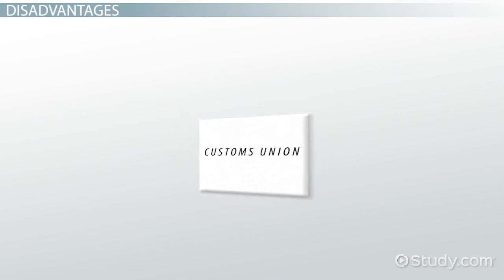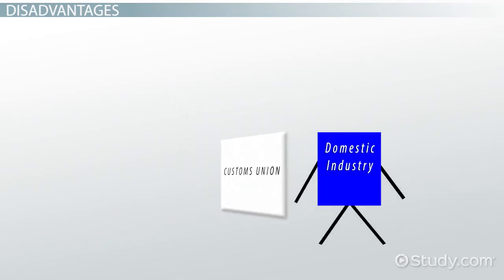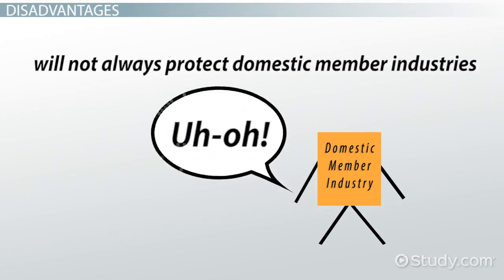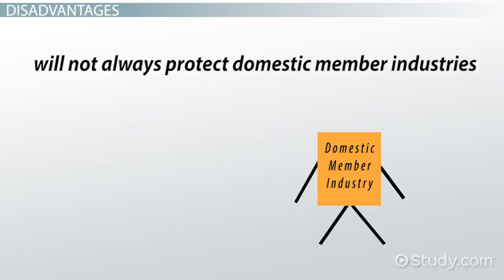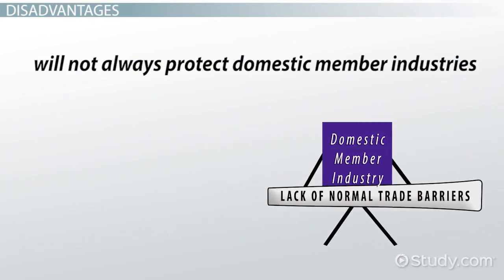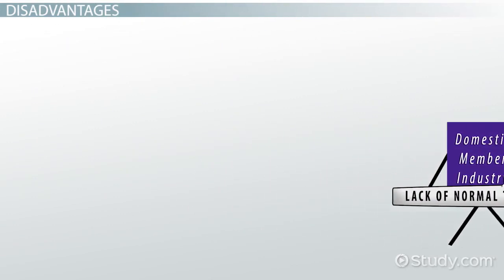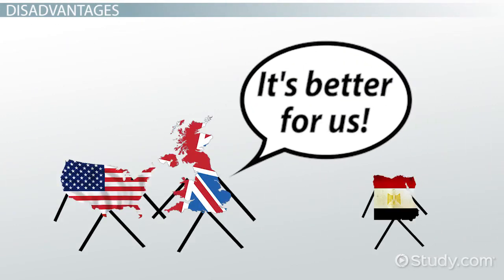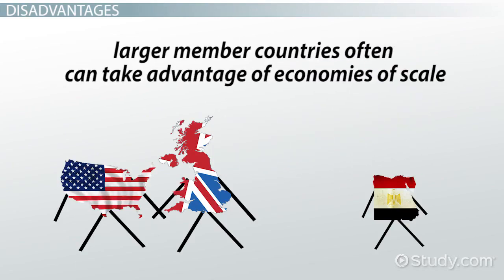While customs unions can protect some domestic industries, they will not always protect domestic member industries, because their member neighbors can compete against them uninhibited by normal trade barriers, such as tariffs. The big kids on the block get more out of the deal. Larger member countries often